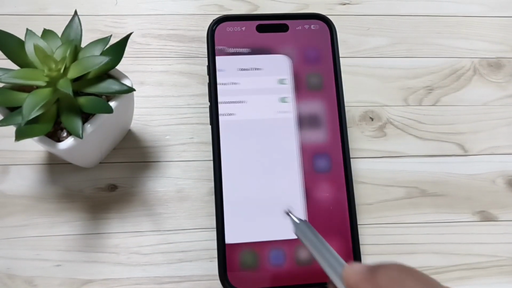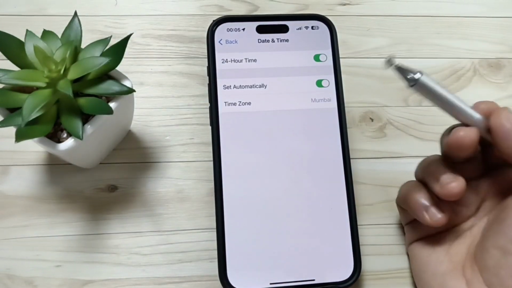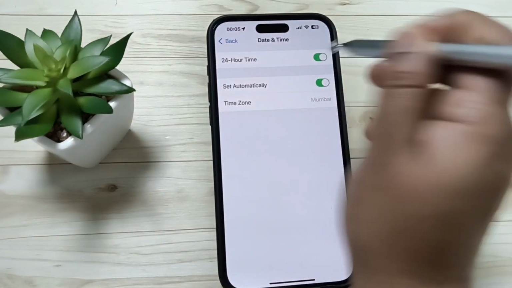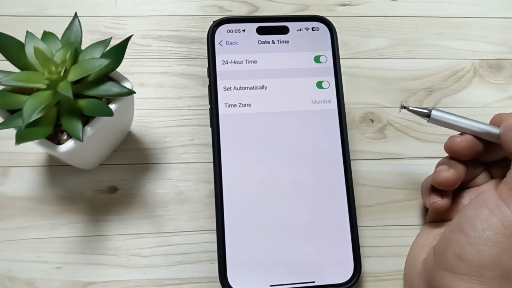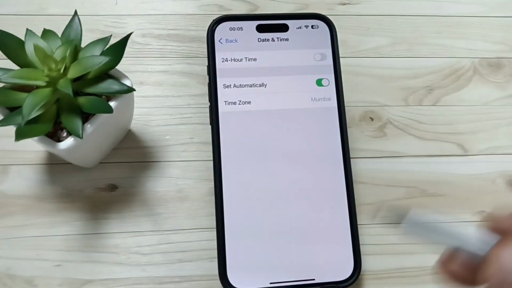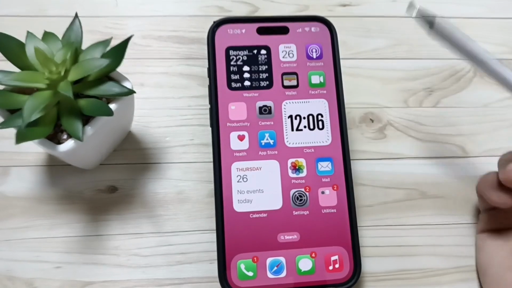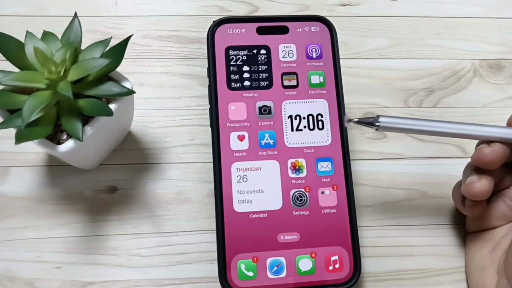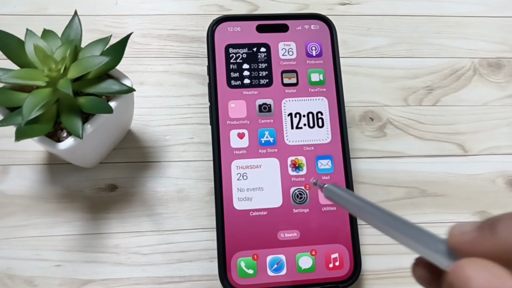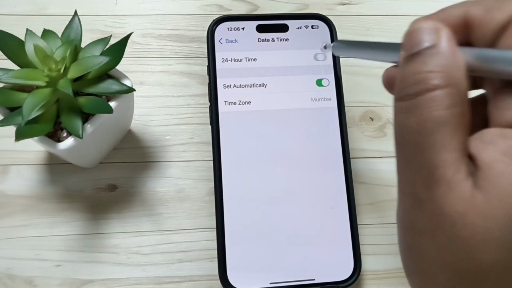Again I am going to change the settings to 12 hour, that means 24-hour time format I am going to disable. Then it will automatically set to 12-hour time format. Turn off this one. Now you can see the time is changed, and here also you can see the time is changed. So simply in this way you can turn on or off the 24-hour time